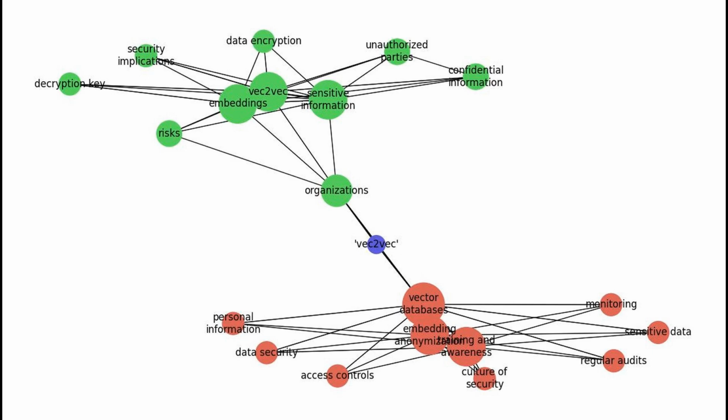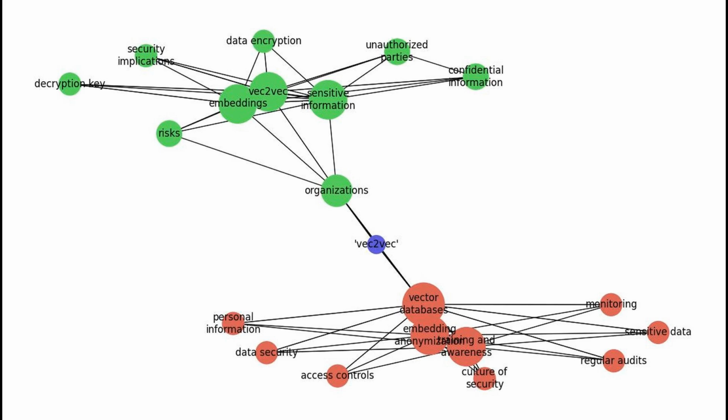Five, training and awareness. Educating staff about the potential risks and best practices for data security can help create a culture of security within the organization. By implementing these measures, organizations can better protect their vector databases and minimize the risks associated with